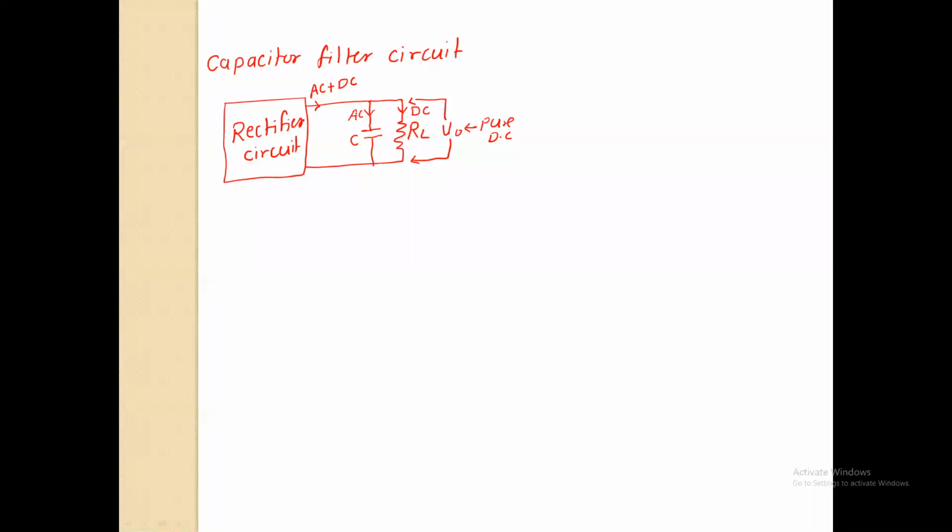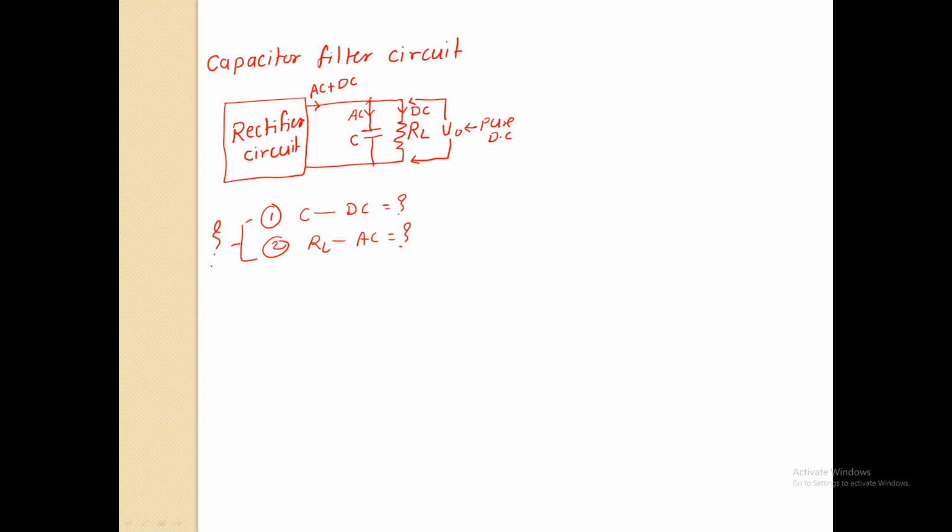मग आता तुमच्या मनामध्ये असा प्रश्न येऊ शकतो की असं कसं काय म्हणतायत सर की फक्त एसीच कंपोनंट कॅपॅसिटर मधून फ्लो होणार, मग डीसी कंपोनंट का कॅपॅसिटर मधून फ्लो होणार नाहीत, किंवा एसी कंपोनंट RL मधून का फ्लो होणार नाहीत? हे दोन प्रश्न येऊ शकतात. पहिला प्रश्न काय की कॅपॅसिटर मधून डीसी कंपोनंट किंवा डीसी करंट का फ्लो होणार नाही, हा पहिला प्रश्न. आणि दुसरा प्रश्न काय की RL मधून AC करंट का फ्लो होणार नाही? कारण मी काय म्हणतो इथं की जर कॅपॅसिटर हा पॅरलल मध्ये कनेक्ट केला तर AC कंपोनंट कॅपॅसिटर मधून बायपास होणार आणि डीसी कंपोनंट RL मधून फ्लो होणार. मग असं का होणार नाही हे मनामध्ये तुमच्या प्रश्न येऊ शकतो, बरोबर आहे?